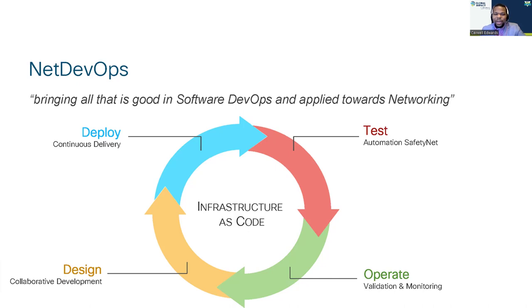If you look at the diagram on your screen here, you will notice that we can go into design, and we can go into the deployment, which is the continuous delivery of your device or of your software. So we're looking at it from both sides. And you go into your testing, where you're doing your quality assurance, and you continue to do this. And then you will go into your operation, so you are continuously monitoring the systems and so forth.